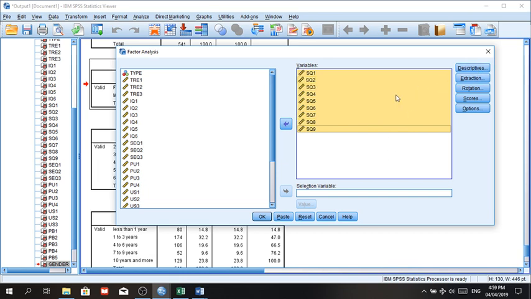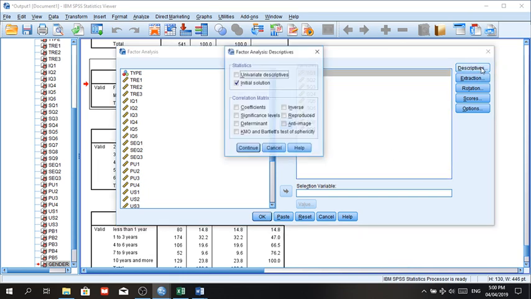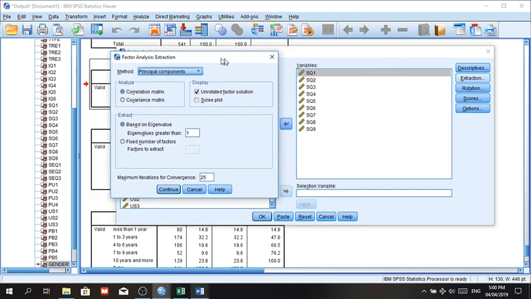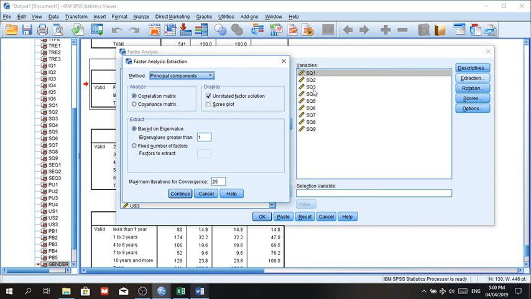All right, so we now go to descriptives. We click on coefficients, KMO, and Bartlett's test of sphericity. I'll explain a little bit what all of this means. You just basically need coefficients and KMO for this one. And then extraction. There's a reason why I went back to the research model: since we know that all of these fall under one, like we know that SQ is all about system quality,